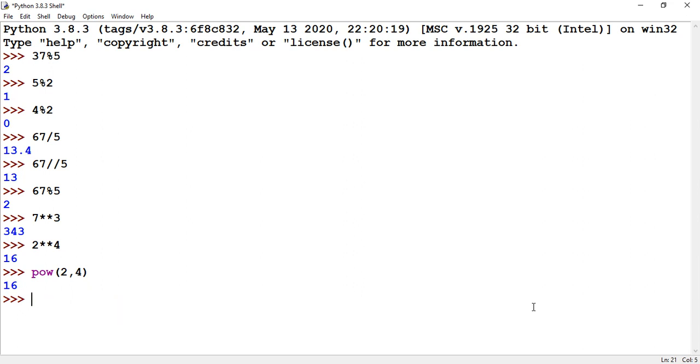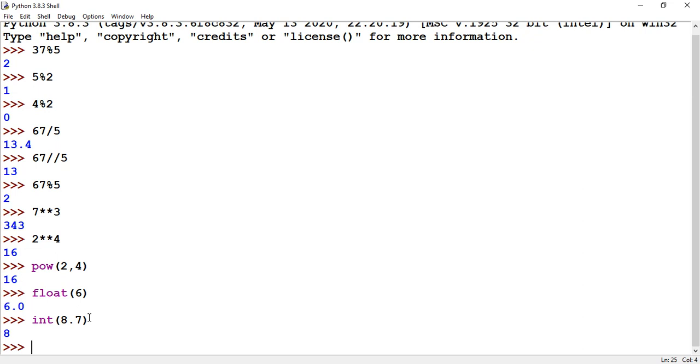We have also used a function called the float function, which converts an integer value into a float value. See here, 6 is an integer and is converted to float. int converts a float value into an integer.